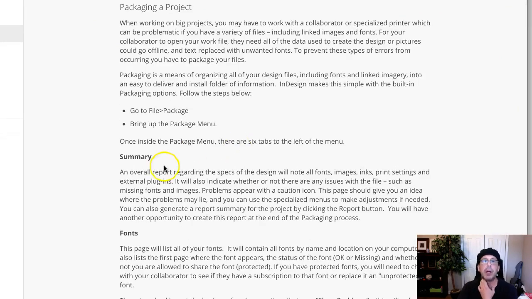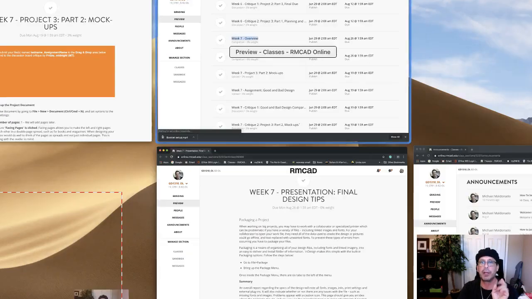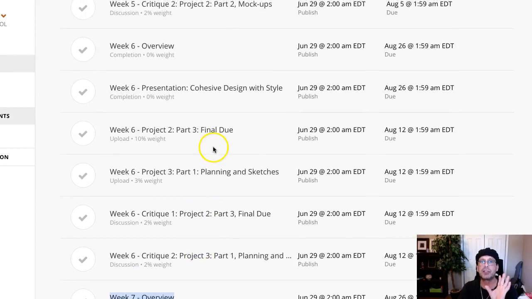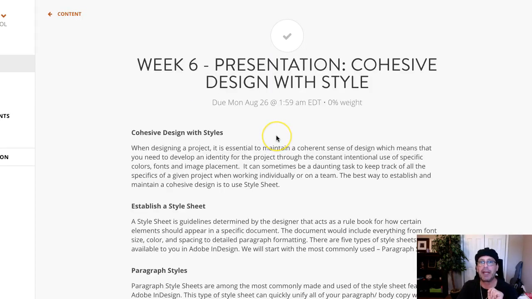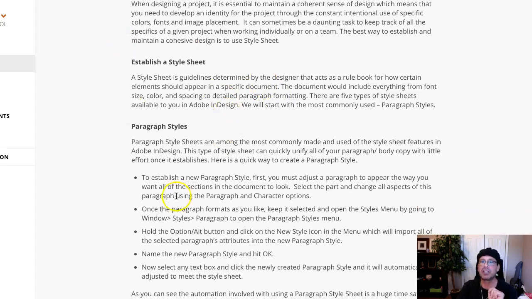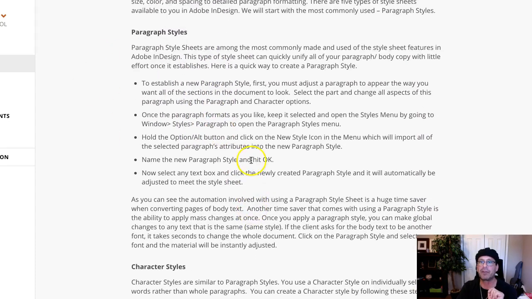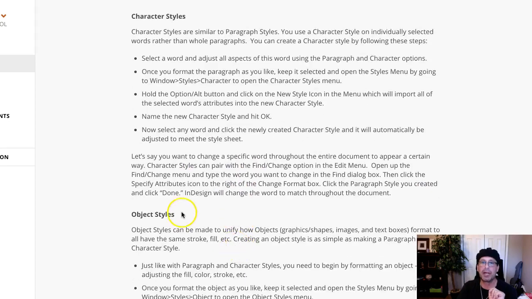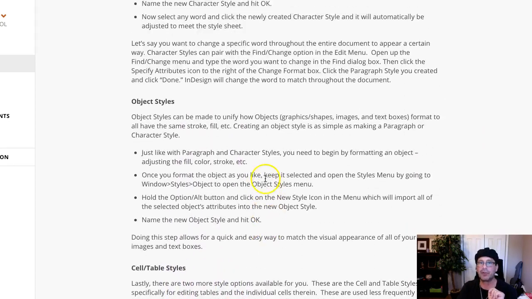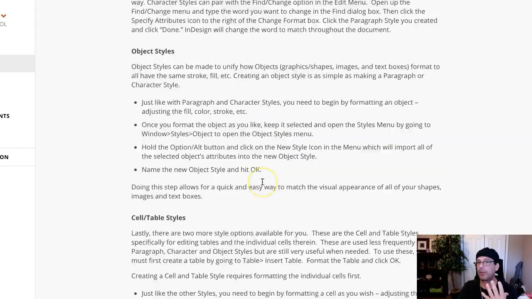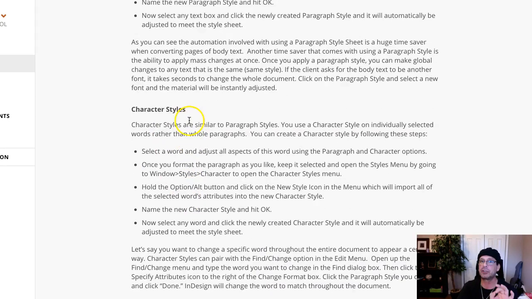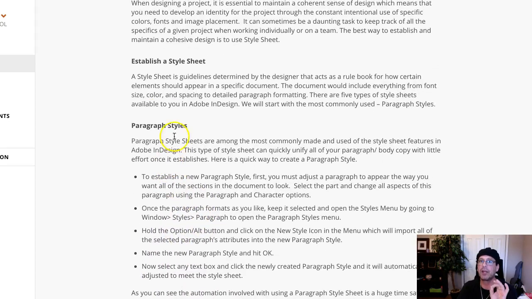This is really important. At this time, I'm going to go back here and try to reinforce the importance of cohesive design with style. This is from week 6. We pop that open and see it's about establishing style sheets, including paragraph styles and character styles. We also have object styles and cell or table styles, which you probably won't use for this assignment, but you definitely want to show your ability to set up character styles and paragraph